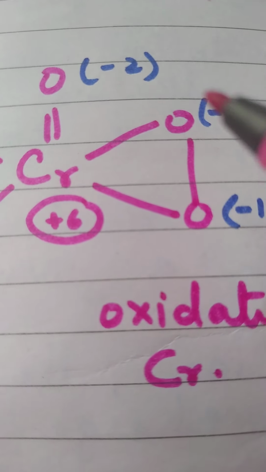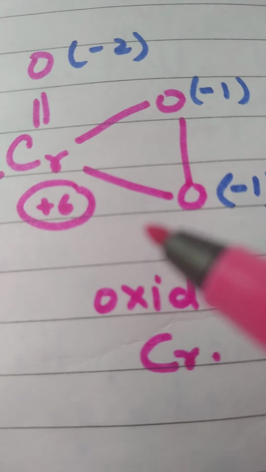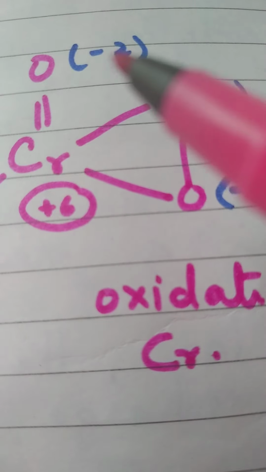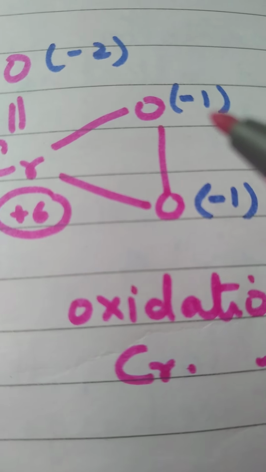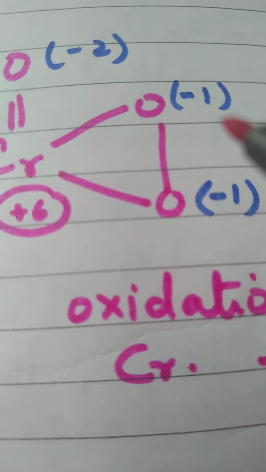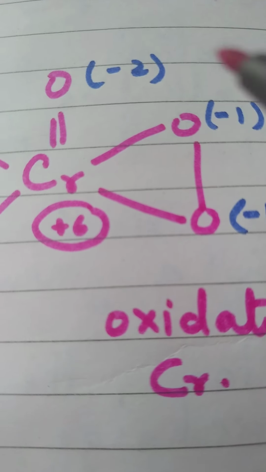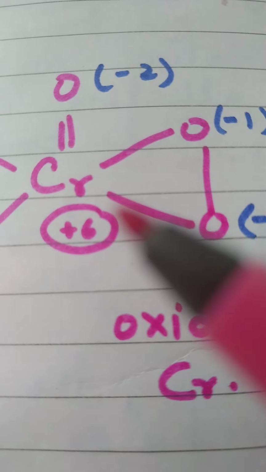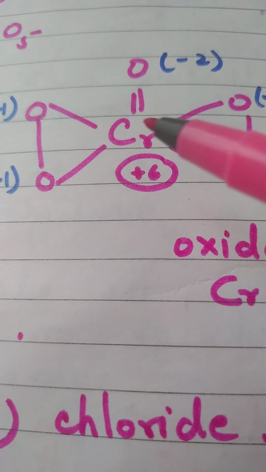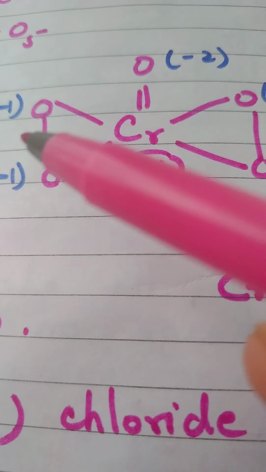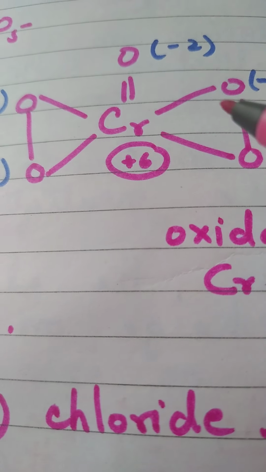What about this bond? There will be no charge because there is no electronegativity difference. This bond is known as peroxide bond. That is why I said for oxygen in a peroxide bond the oxidation number is -1. Is that okay? So this is what we are talking about, and this is what I have told you for CrO5. This is known as butterfly structure. You can see these are the wings of the butterfly and these are the feelers, right?